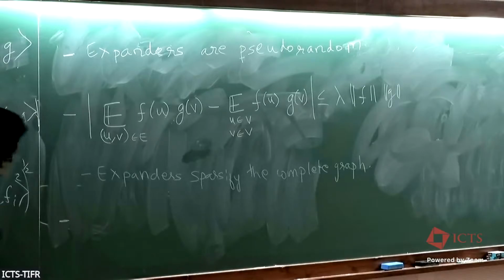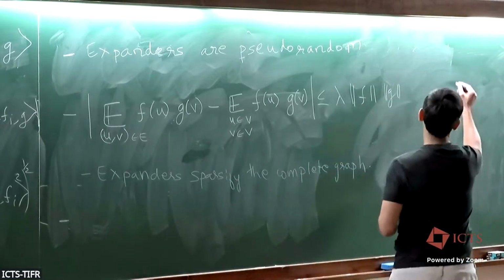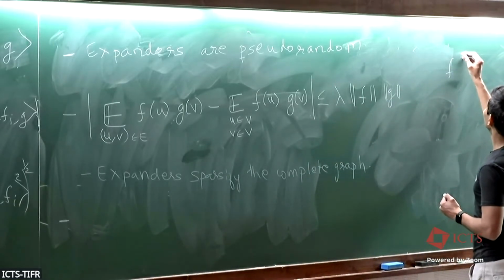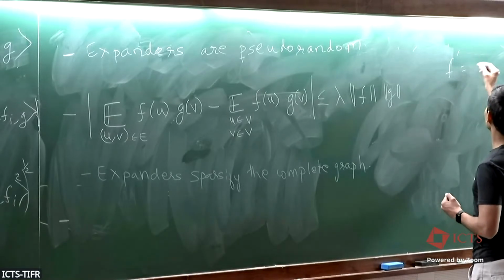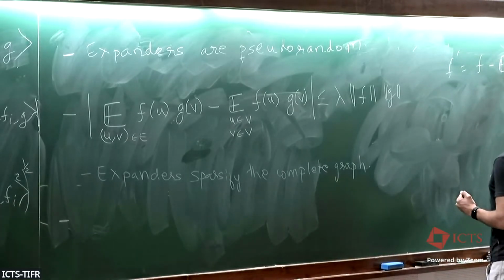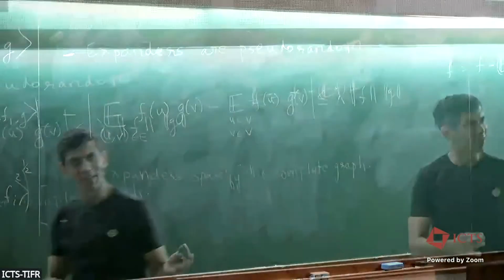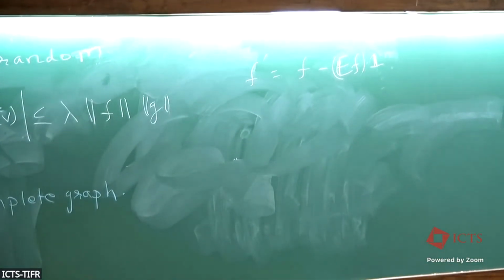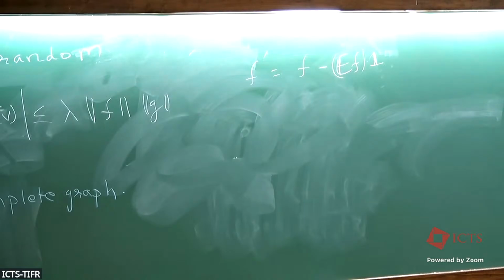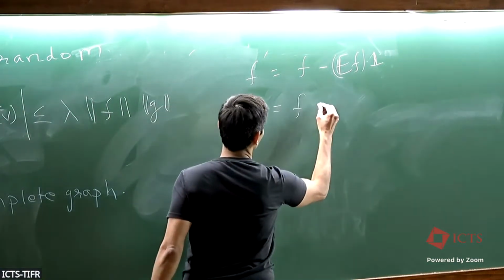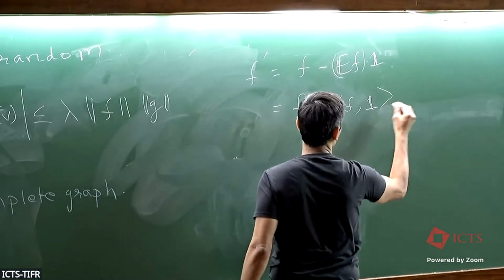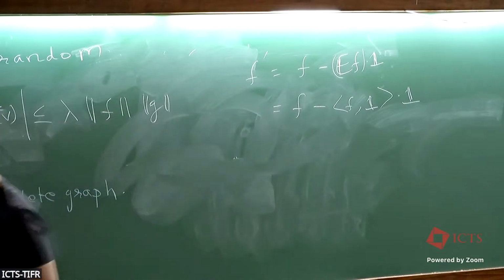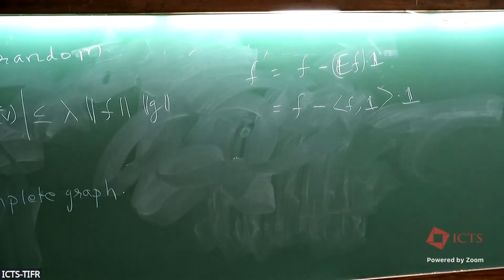Okay, so for a function f, let's think of a function f prime, which is f minus the expectation of f in all coordinates. So it's just a constant function, so that for f prime, the expectation is 0. All I've done is subtracted the component along the all ones vector, right? And when you apply the expander mixing lemma, or even just a second eigenvalue bound for expanders to this version, what you get is